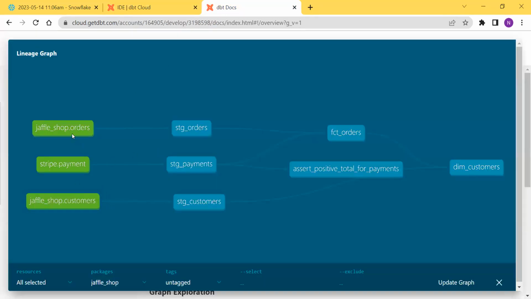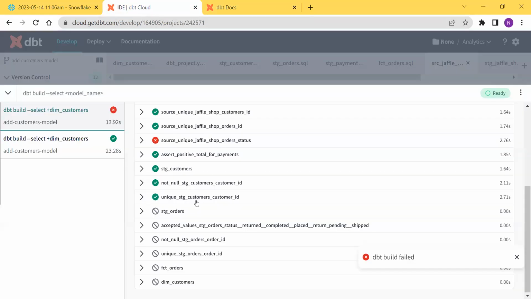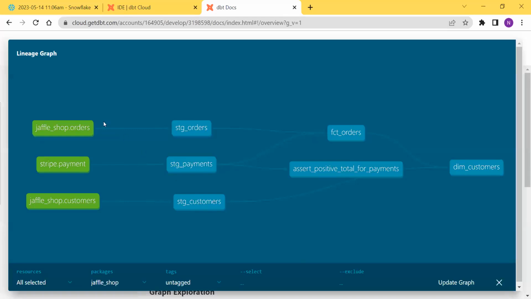The model which is dependent on the orders table is staging orders, right? On the staging orders, the fact orders is dependent, and on the fact orders, the dim customers is dependent. So these three models did not get built. See, staging orders is not built, the fact orders is not built, and the dim customers is also not built. But if you see, staging customers is built because staging customers is not dependent on the